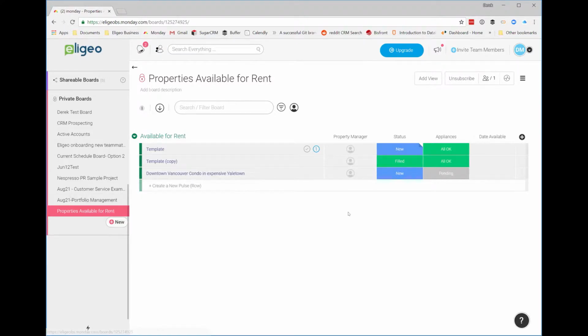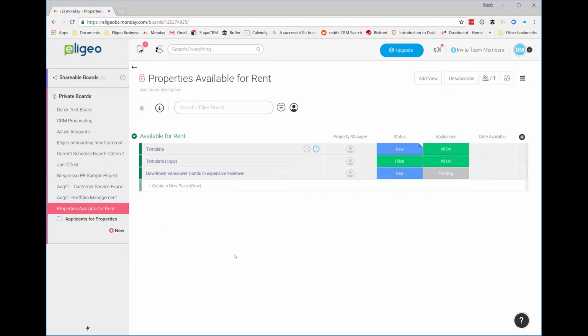So next, like I said, we need to track our applicants. I'm going to do this a little bit differently, in that I'm actually going to create a folder. So down here, I'm just going to create a folder, and we're going to call this applicants for properties. And this time, I'm going to create a new board. So we're going to call it template